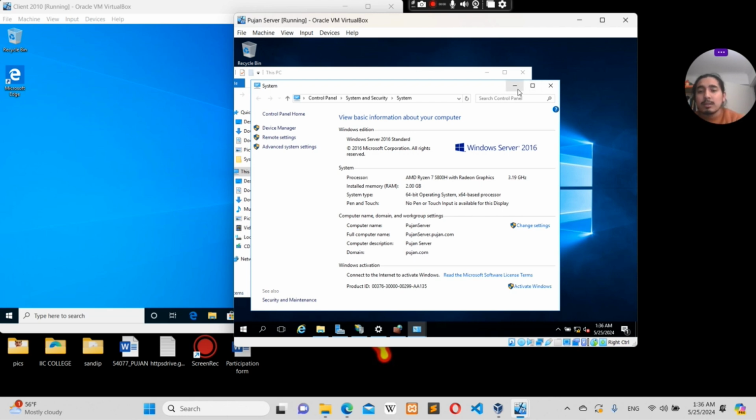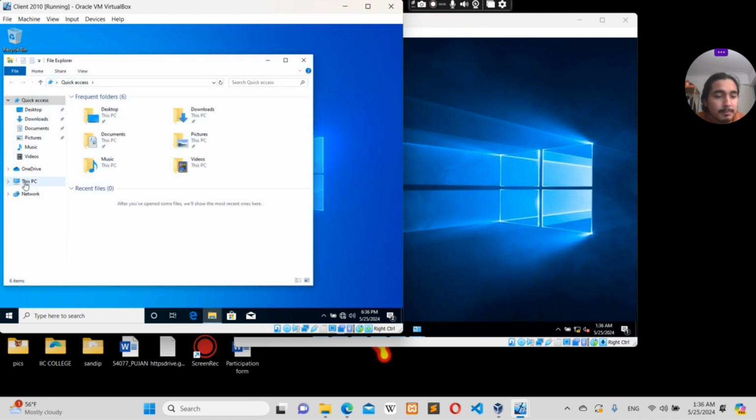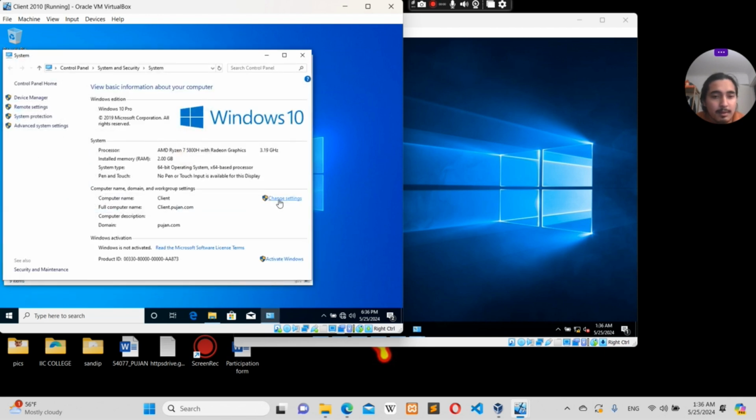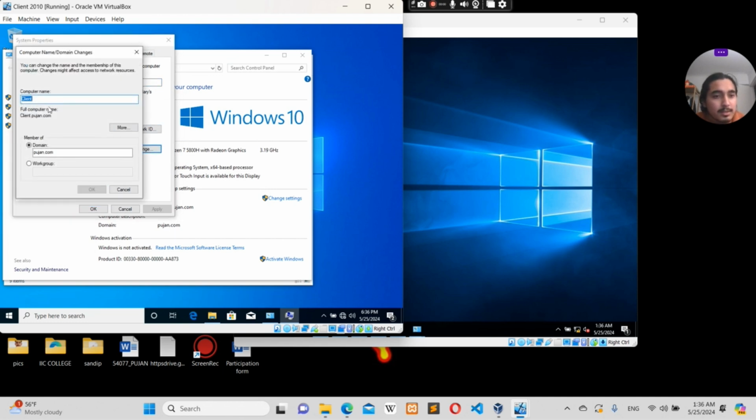So I will give this domain name to the client. In this PC's properties, I have just changed the setting already. For that we just need to go to Change and give the computer name, ID, and domain name. So then